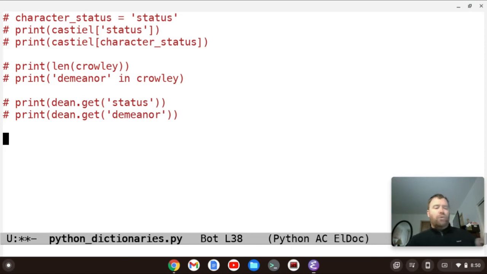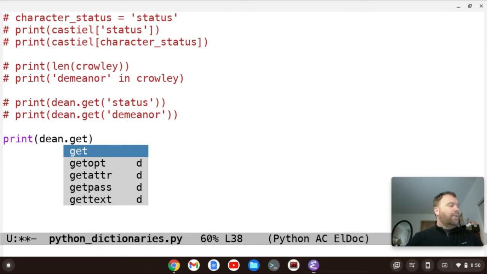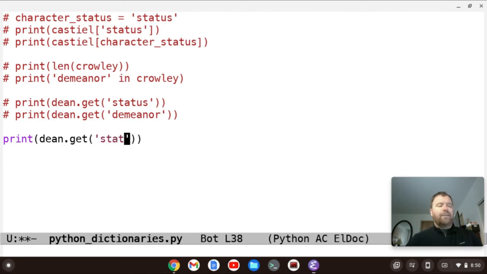We can also use a message. We can pass a message into the get method so that if it's not in the list, it will display that message versus none. So for instance, we know that status is in the list, but let's just show you how you would do that with status. So we could print dean.get and then pass in status.